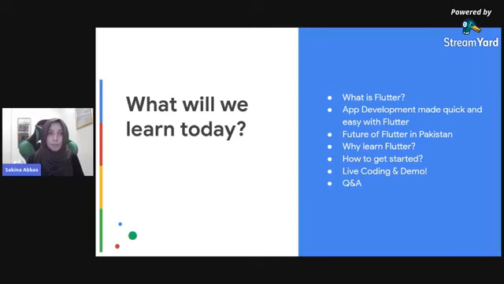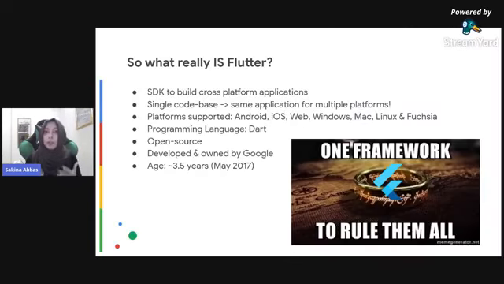So let's get started. Now, what is Flutter really? In the simplest of terms, Flutter is a framework to develop cross-platform applications. What does that mean? It means that you write a single code base in Dart, the programming language is Dart.